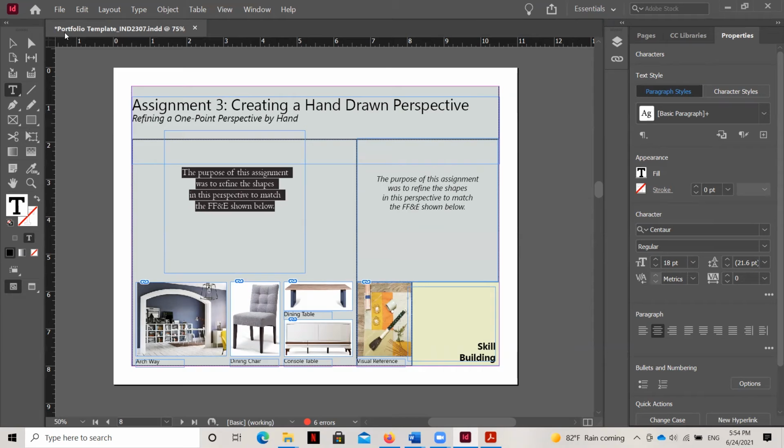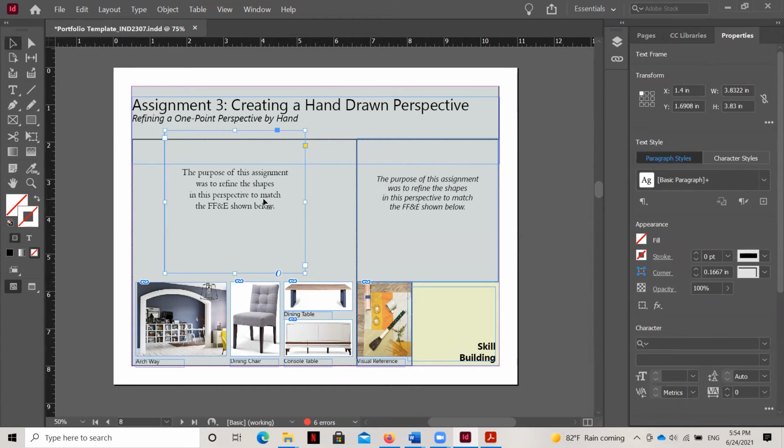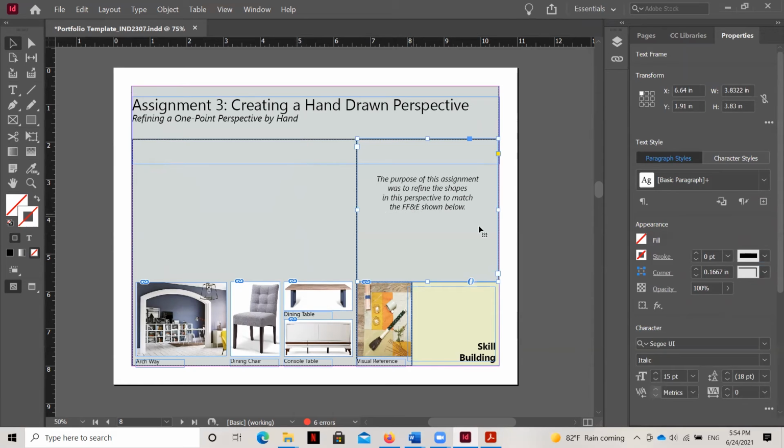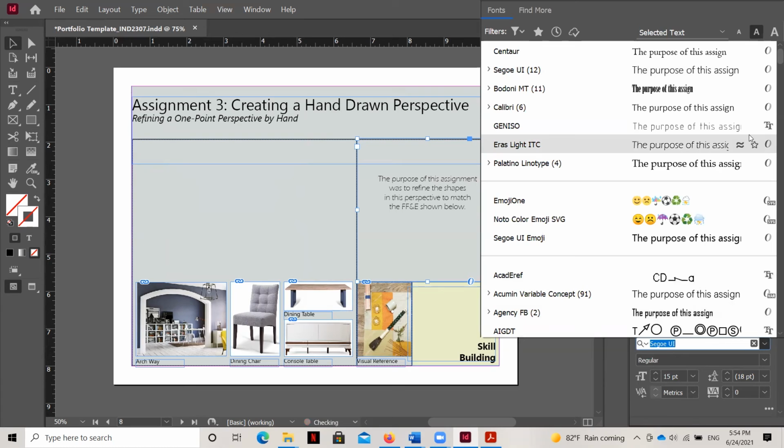The next thing that I want to do is show you how fonts can convey tone. And so I'm going to go ahead and just delete this really quickly. And I want to look at my font choices again. Now, you have to be really careful because once again, less is more when it comes to fonts. You really don't want the font to take away from the image. The image, of course, is primary and the font is secondary to that.